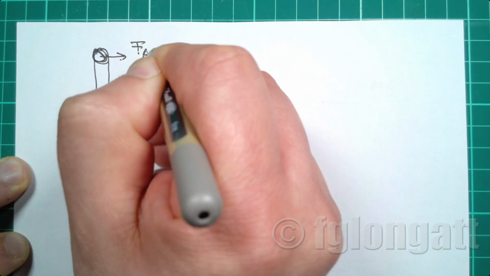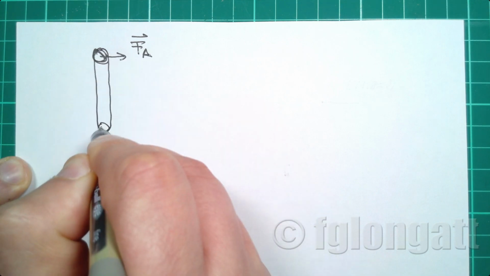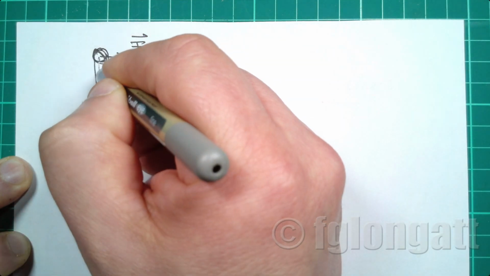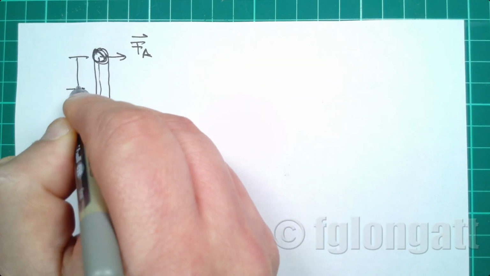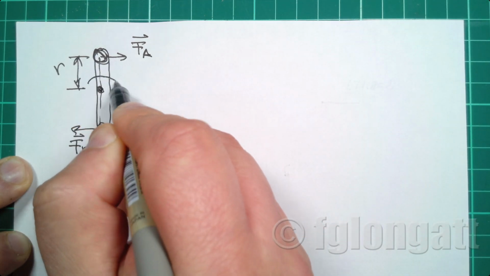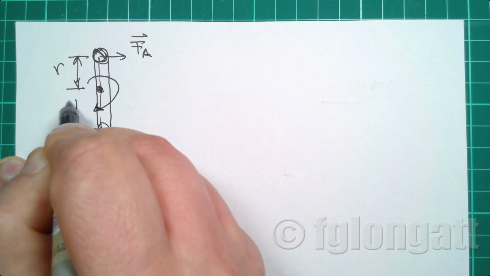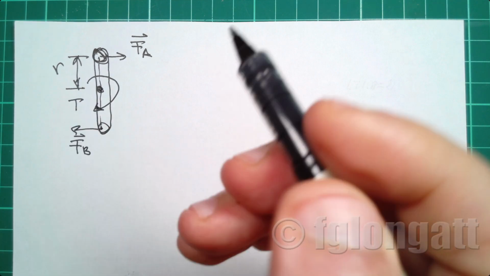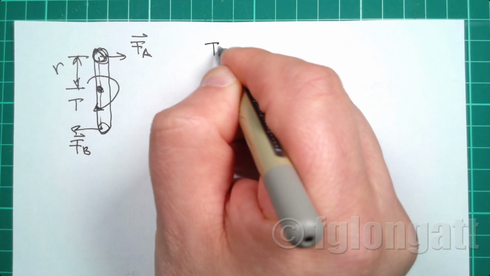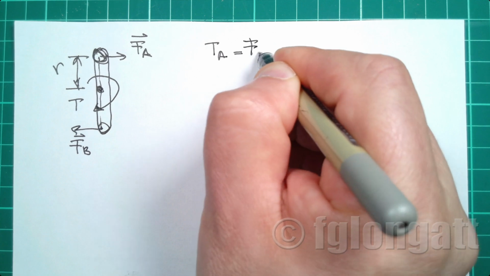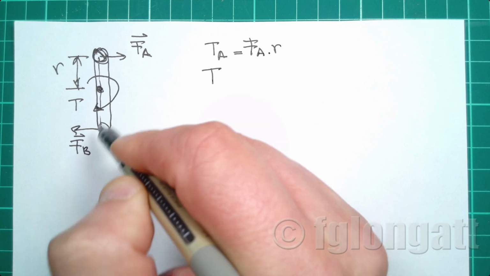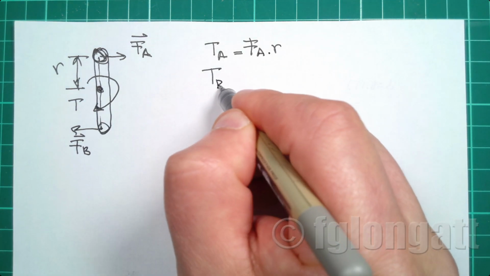This is the force A, and this is the force B. And those forces, they are at a distance, let's say this distance is R, and those forces are creating this torque over here, yeah? So what you need to understand is that the force A creates a torque that is force A multiplied by R, and the force B is creating another torque,